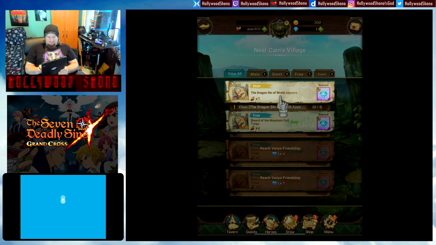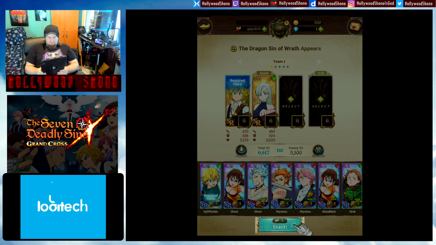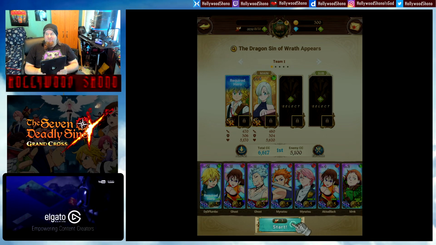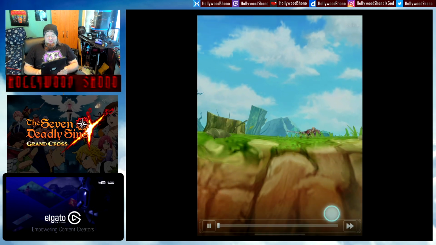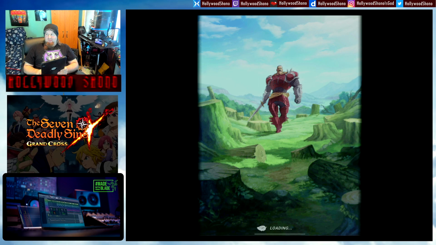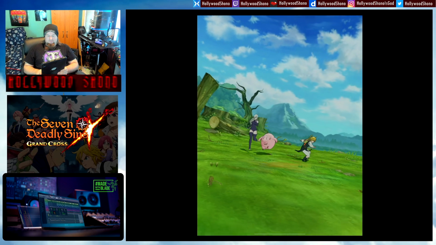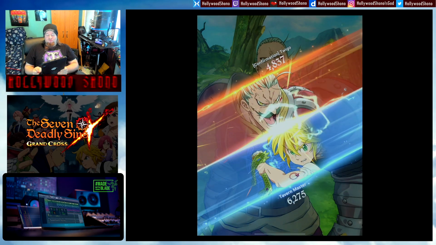Alright, so there is the next main story that we got to do. And it looks like there is an energy system in this game, which I hate energy systems in video games. I feel it's a bad mechanic that I wish they would get rid of. But a lot of games do that to try to squeeze more money out of people that want to play the game constantly. I'm not a fan of it, so if you are...